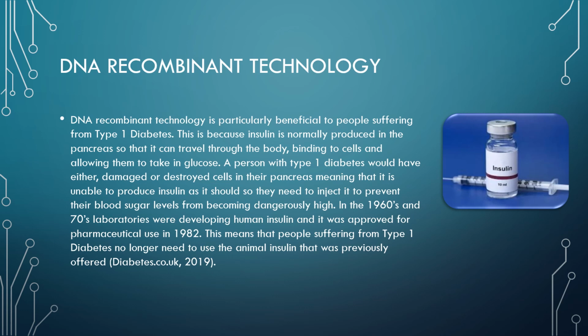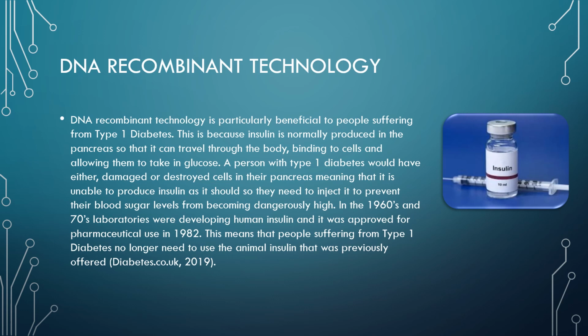DNA recombinant technology is particularly beneficial to people suffering from type 1 diabetes. This is because insulin is normally produced in the pancreas so that it can travel through the body, binding to cells and allowing them to take in glucose. A person with type 1 diabetes would have either damaged or destroyed cells in their pancreas, meaning that it's unable to produce insulin as it should, so they need to inject it to prevent their blood sugar levels from becoming